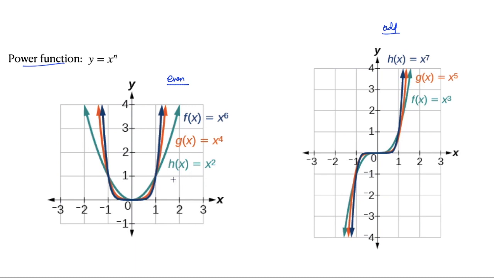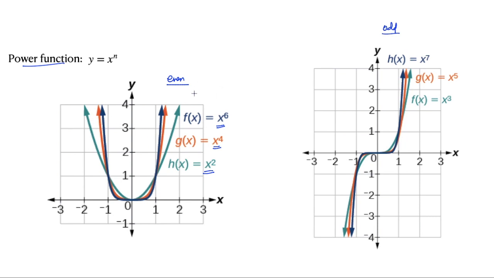These are the different types of curves. Over here you can see the even curves. For the green color we are representing y is equal to x square, the orange one is y is equal to x to the power 4, and the blue one is y is equal to x to the power 6. As you increase the power, the curve will become more flat at the bottom and it will become more